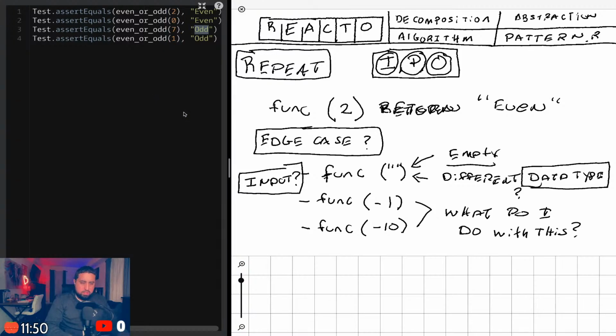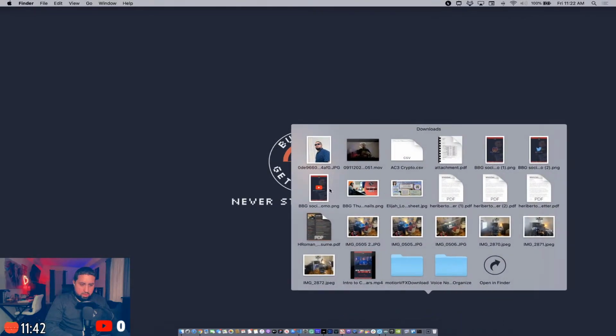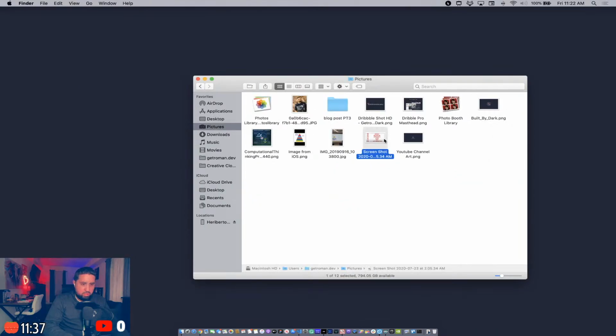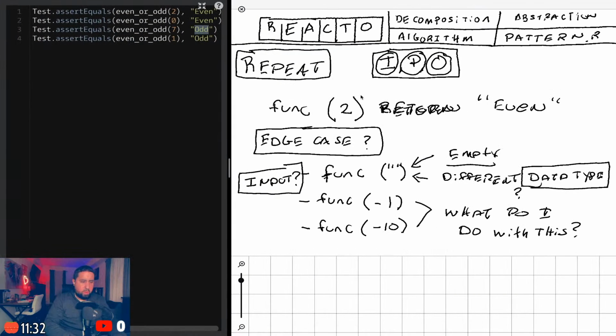I think I'm done repeating the question, and forgive me, but I'm blanking out on what the E stood for again. Examples, yes, which I kind of did. So I kind of did the R and E together, I think. Let me think about this. Is there anything else on the example side that I need to account for?